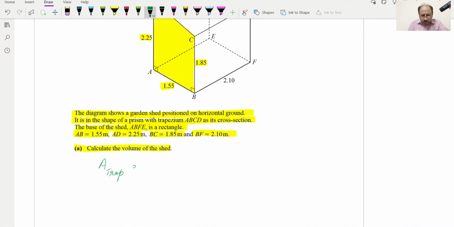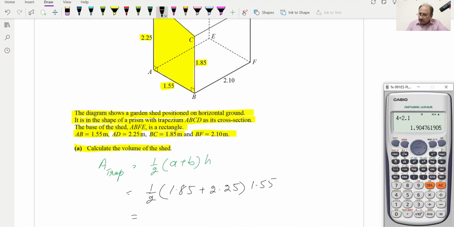Area of a trapezium will be equal to 1 by 2 into (A plus B), where A and B are the parallel sides, multiplied by H, which is the perpendicular height. Now we can write 1 by 2 into the two parallel sides, 1.85 plus 2.25, multiplied by the perpendicular height, which is 1.55. We can calculate this as 0.5 in brackets, 1.85 plus 2.25, bracket close, multiplied by 1.55, and this is equal to